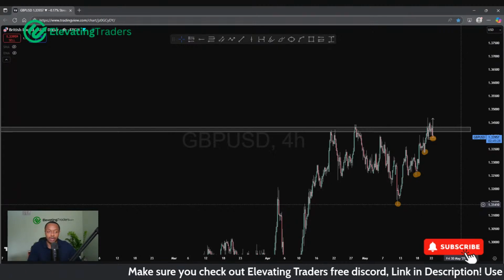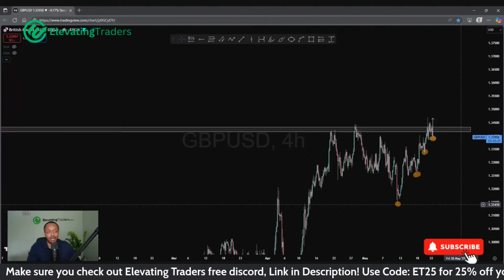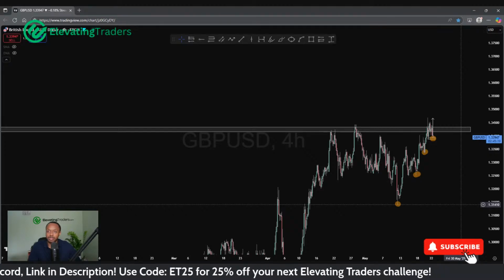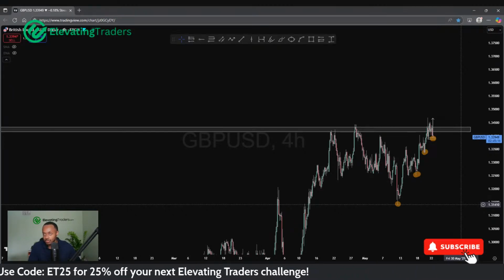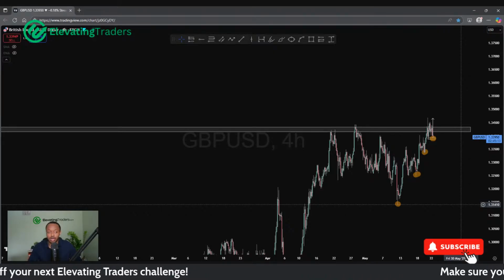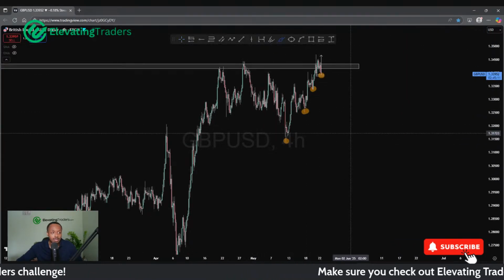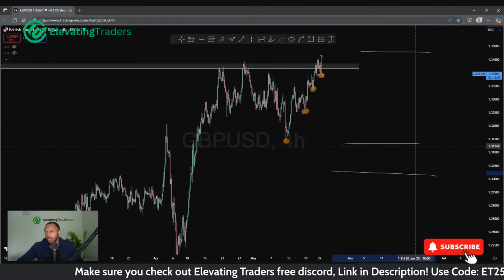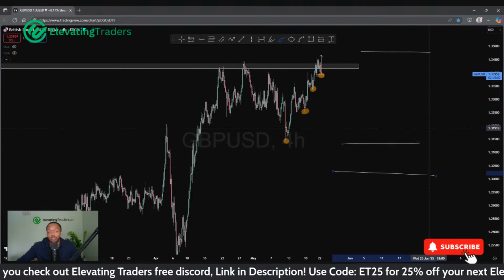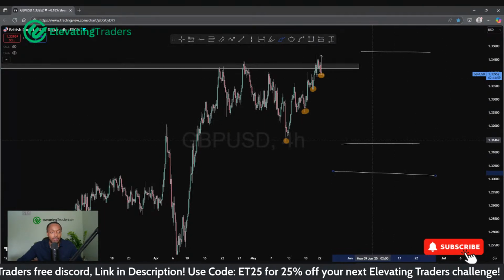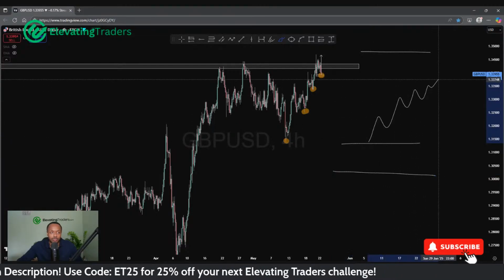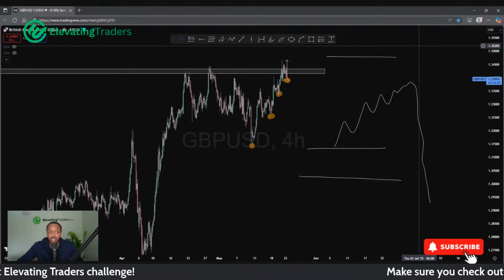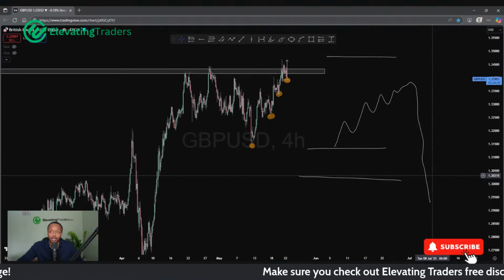It does depend, of course, how you manage your trades, but the idea of managing positions is knowing what to do in between entering and exiting, because you can be very one-dimensional in terms of, okay, I'm just going to enter a trade, have a target, and have a stop loss, and just let price do its thing. If you do that, it's not a bad idea, you can definitely do that. But there are cons, just like there are pros to it as well. There will be situations where price goes well in your favor and then potentially turns back down again. So what was very close to potentially hitting your take profit actually turns into a loss there.